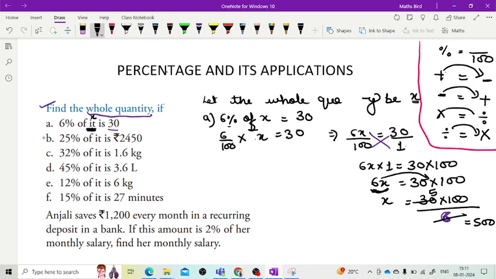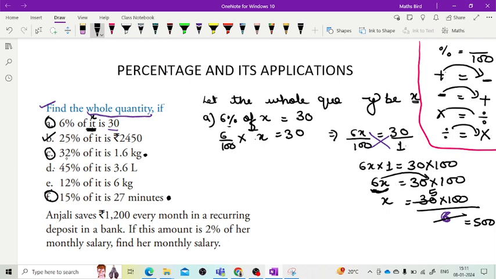Similarly, you can solve B also. C, D, E, F all, right? But I am explaining one more. That is the C part. Again I am explaining, and I will explain the F part. A we have discussed. We will discuss C and F. B, D and E you will try.